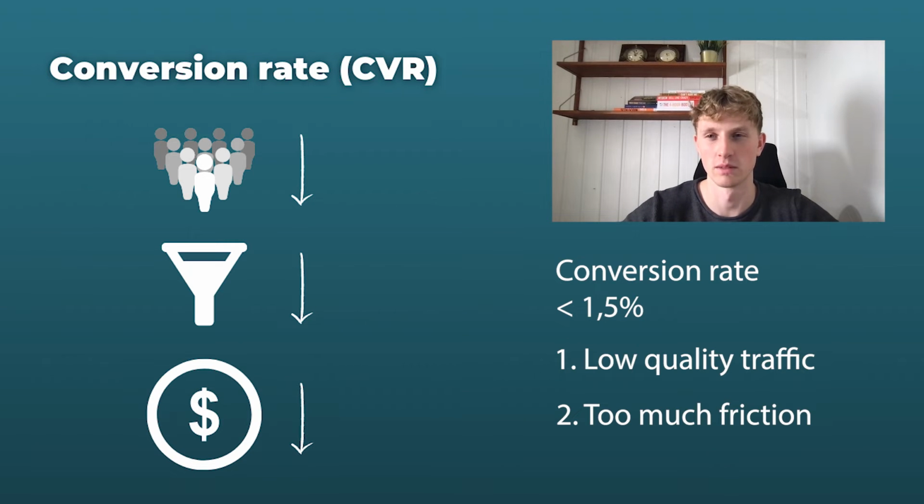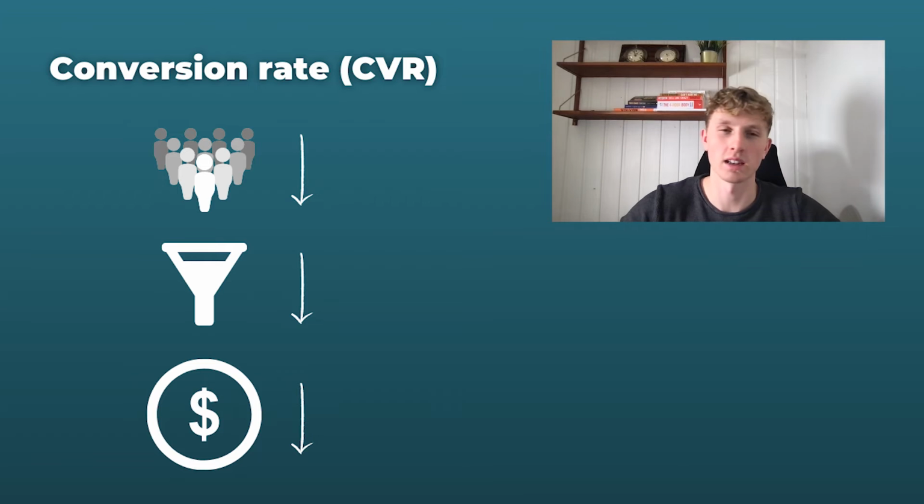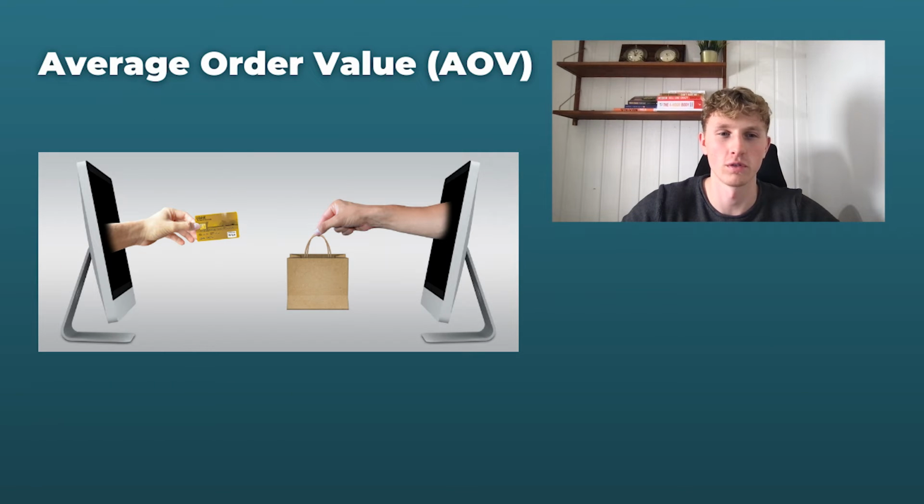The second metric that we're going to look at is something called average order value. Average order value is important because, especially if you do marketing or any paid ads, it's going to be very important in order for you to scale those campaigns. Depending on what you sell, if you sell services, or if you only have one main product with no upsells, then average order value won't really be a very important metric because there's just no way to increase it.